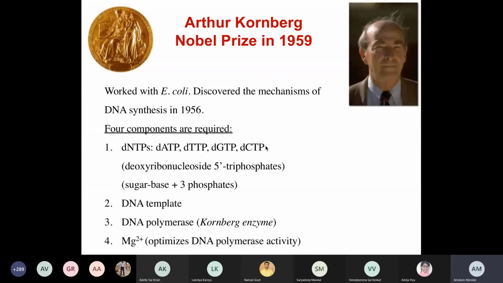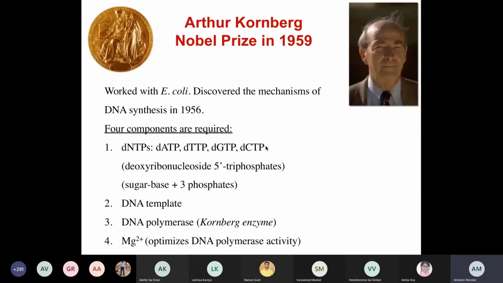The third one is the key enzyme, which is the DNA polymerase. Why is it called DNA polymerase? Because it synthesizes DNA, that's why DNA, and it polymerizes the individual nucleotides or monomeric units, so it forms a polymer. That's why polymerase. As I mentioned in the previous class, for any enzyme, you should be able to see that the last three letters are common, ase. If it is a polymer-forming enzyme, we call it a polymerase. If it is forming a DNA polymer, that means the DNA polymerase.